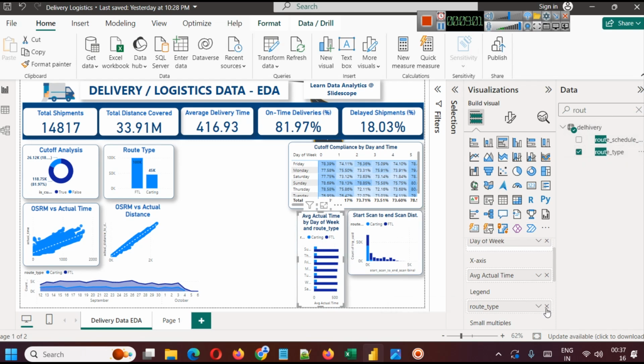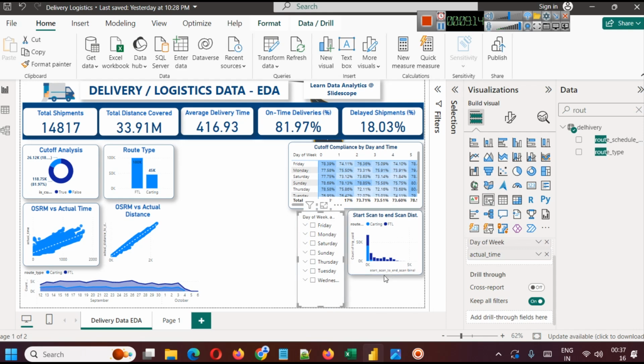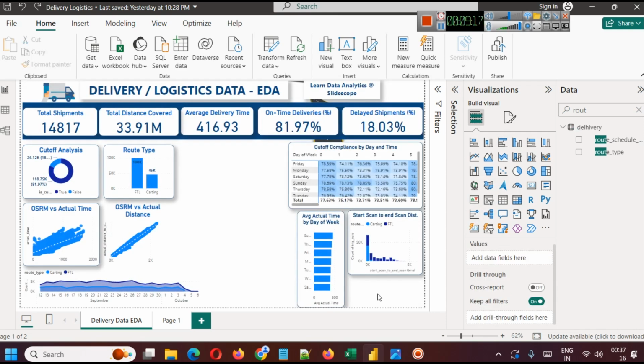We can also do one more thing because we want to see them separately. So we will also use a slicer here. Because we almost have to see it in every case, like for FTL what is the performance, for carting what is the performance. So we can use a slicer here. I will position the slicer here, and slicer basically works as a filter. So I will just position it like this